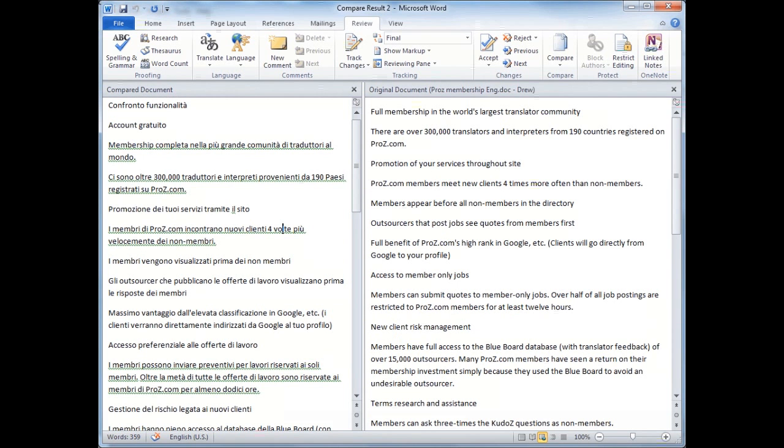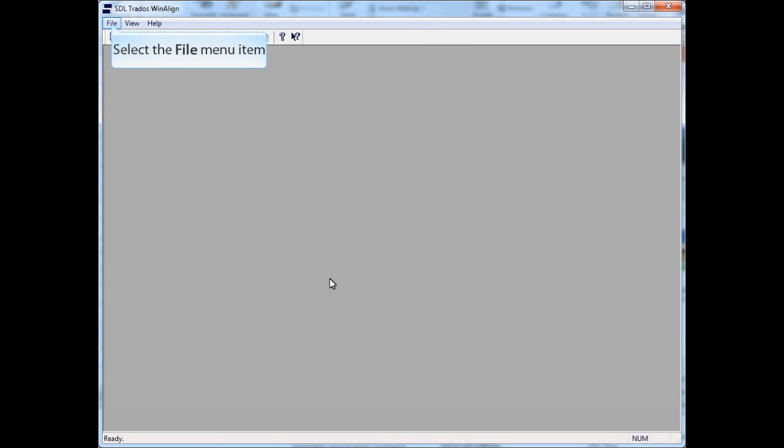What we're going to do, we're going to align and create a translation memory from these two Microsoft Word documents. So I have an English document, I have the Italian document, and I want to put them together and create a translation memory based out of these two. So to do this, we're going to use, as I said, WinAlign. Once in WinAlign, you can click on File,